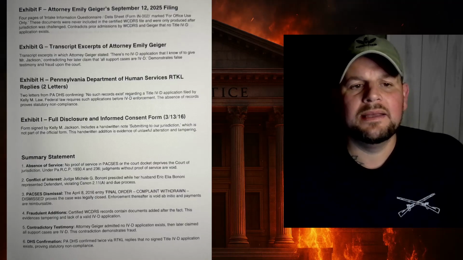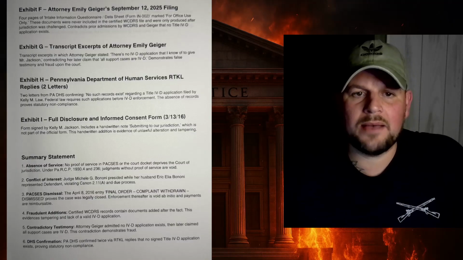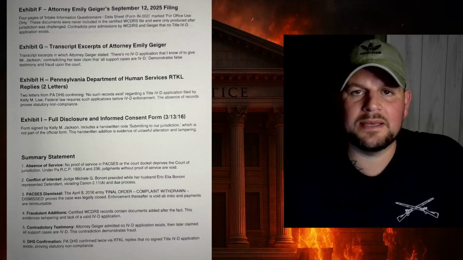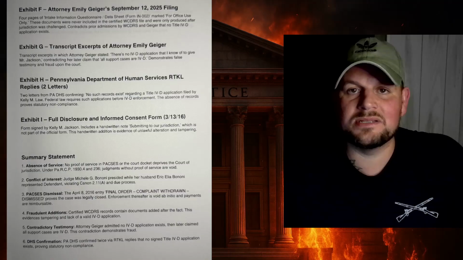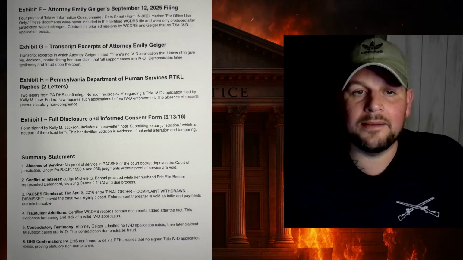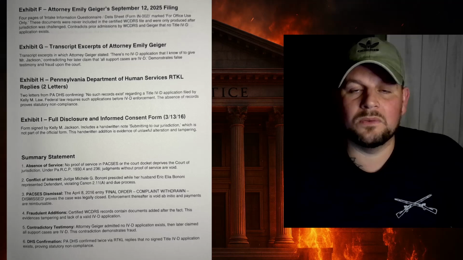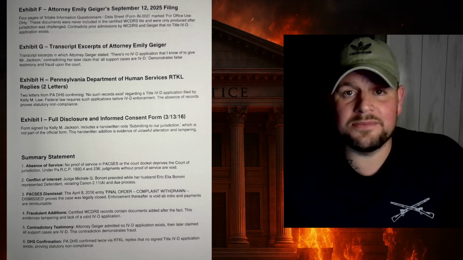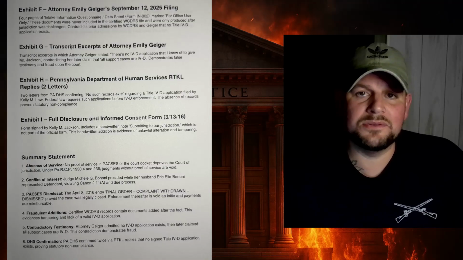Twice they answered me. And this agency, by law, is supposed to have a copy of the valid Title 4D application. They are supposed to be the second agency that is supposed to have a copy of this for record keeping and the incentives that domestic relations get through the federal government. So they even said, no, we don't have anything we can send you, Mr. Jackson. Sorry. And I have those documents, but there's no point in pulling them in because that's pretty much all it says.